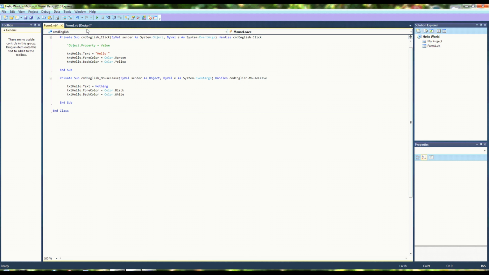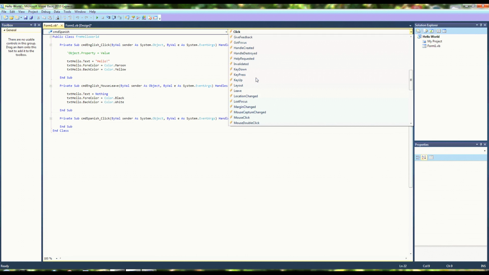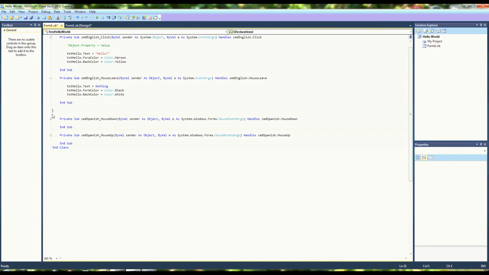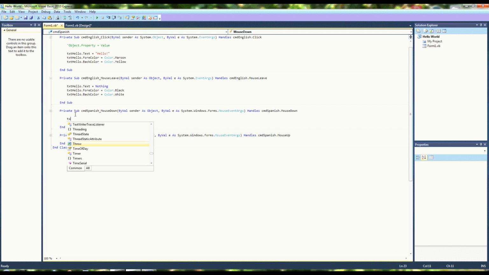Alright, now let's start working with our Spanish button. To keep things a bit interesting, let's change up some events. How about this time we'll do mouse down and mouse up. We might as well get rid of the click event. Alright, what to do with this mouse down event. To start, let's have txtHello.Text equal